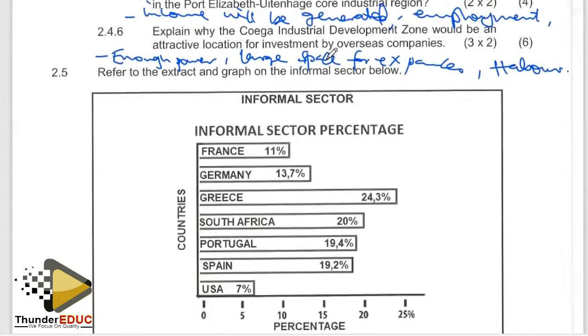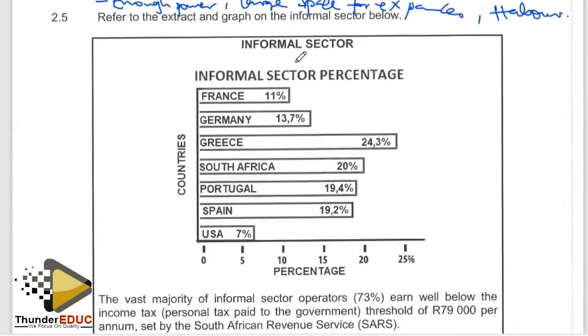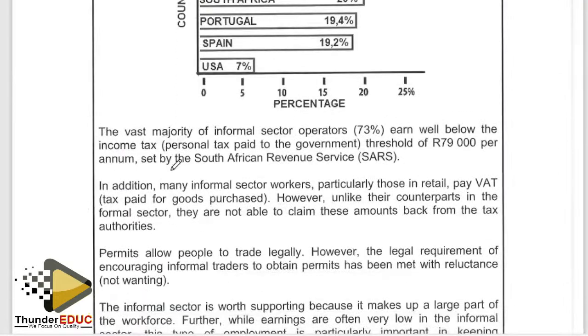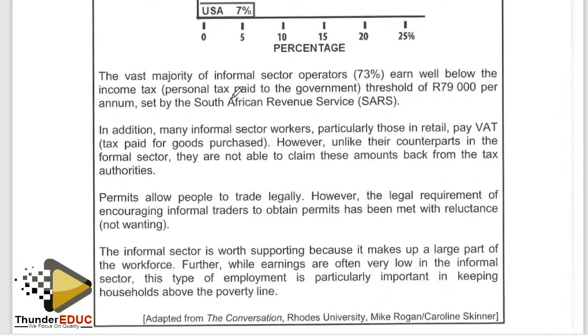We have a graph here that shows the informal sector. It shows the informal sector percentage. It is France, Germany, South Africa, Greece, Portugal, Spain, USA, etc. And then here there's an extract that says the vast majority of informal sector operators, 73%, are well below the income tax, personal tax paid to the government, threshold of 79,000 rands per annum set by the South African Revenue Service. In addition, many